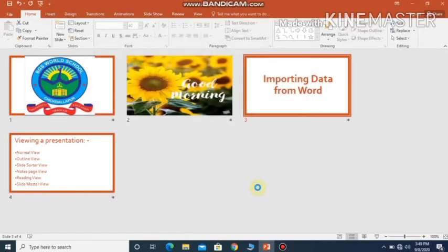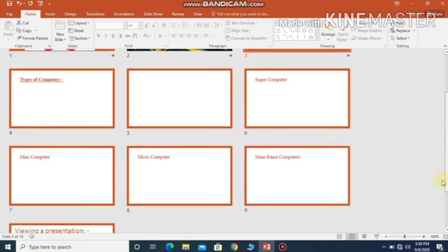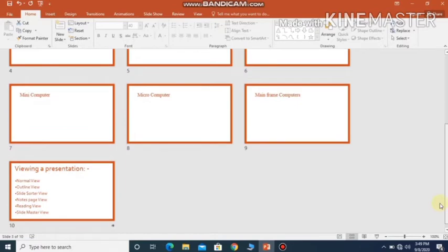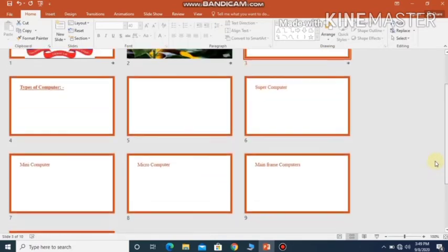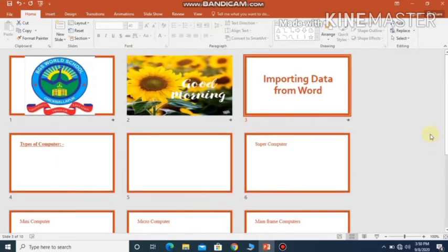Once you click on the Insert button, all the data will be imported from your Word to the PowerPoint presentation like this. Hope you can see so many slides have been inserted, right? I'm just scrolling down, just observe, children. Only 4 slides were there before, right? Now I imported the data from Word. It reduced my time and also the burden of typing it again and again, because I have done everything there. Just by importing it, I can use it in my presentation in the form of slides.